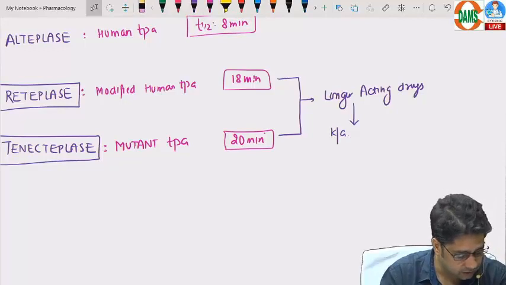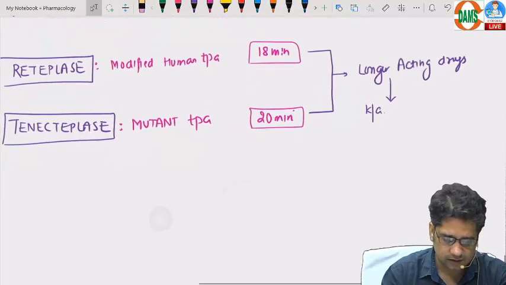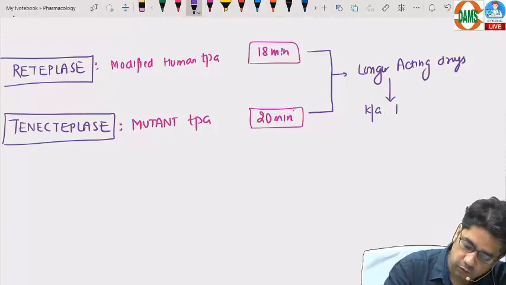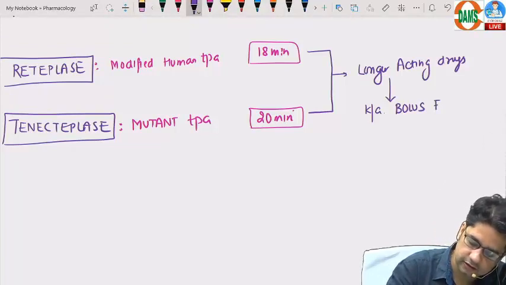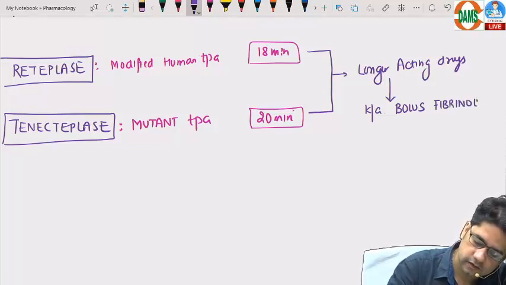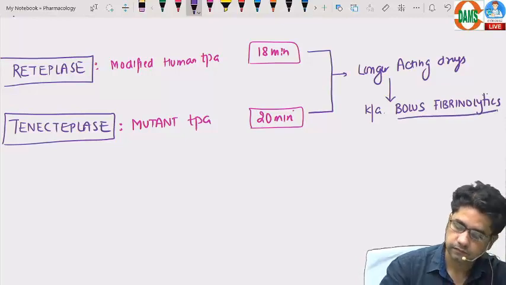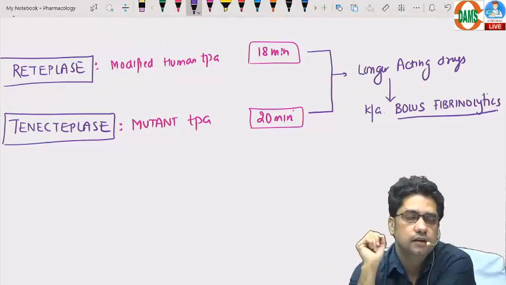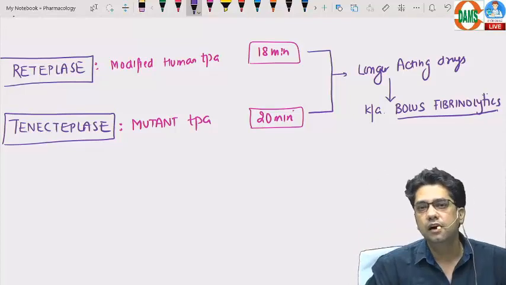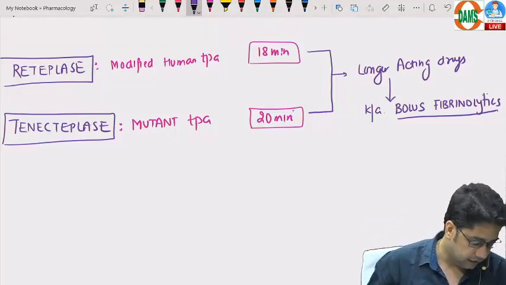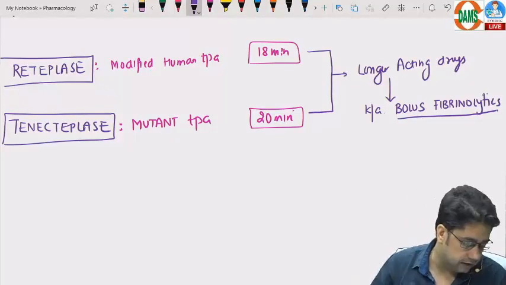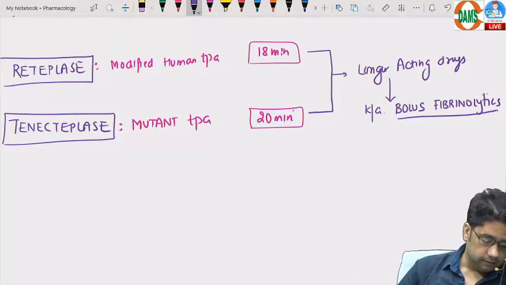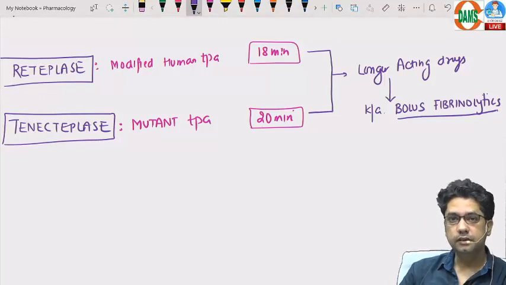अभी आ रहे हैं मारिया जी, आपके क्वेश्चन पे ही आ रहे हैं, डोंट वरी मारिया जी, थोड़ा सा मारिया जी हमें वो रखना है, धैर्य रखना है जीवन में। नाउ दे आर नोन एज बोलस फिब्रिनोलाइटिक्स। आपके सारे सवालों के आंसर मिलेंगे आज, डोंट वरी, लेट मी फिनिश इट। बोलस फिब्रिनोलाइटिक्स। नाउ चलो बच्चों, पहला सवाल, टेल मी व्हाट इज द हाफ लाइफ ऑफ स्ट्रेप्टोकाइनेस। टेल मी द हाफ लाइफ ऑफ स्ट्रेप्टोकाइनेस, आई हैव टोल्ड यू। बताइए मारिया जी, आप ही बताइए, आपका क्वेश्चन है, आपको ही आंसर देंगे हम डायरेक्टली। मारिया जी, व्हाट इज द हाफ लाइफ ऑफ स्ट्रेप्टोकाइनेस? आई हैव टोल्ड यू, टेल मी द हाफ लाइफ ऑफ स्ट्रेप्टोकाइनेस। सी योर नोट्स एंड टेल मी। नोट्स देखो, बताओ